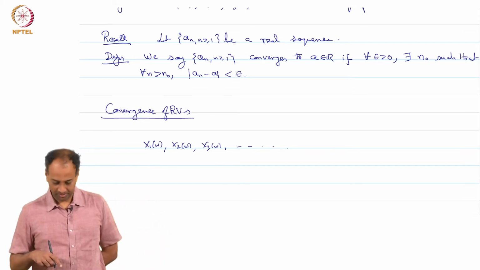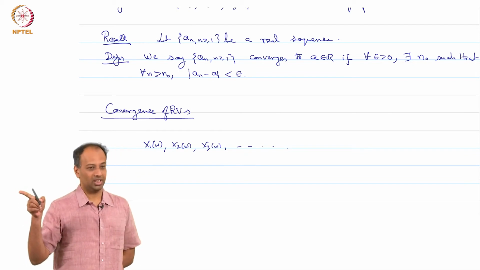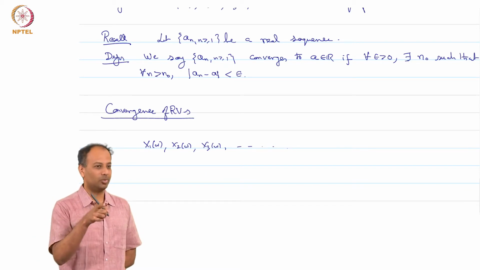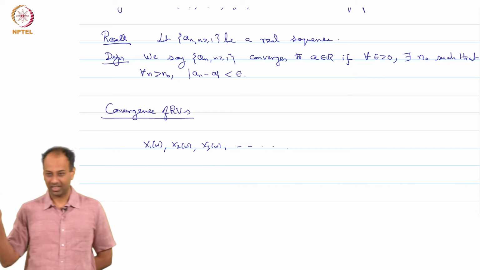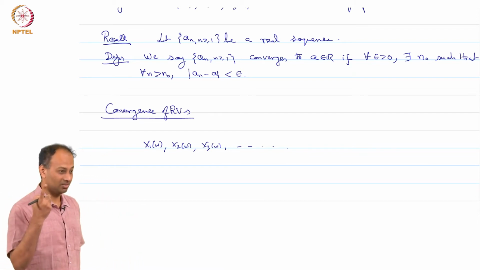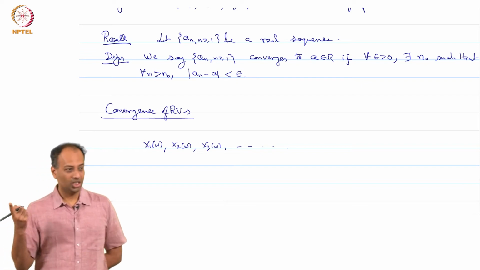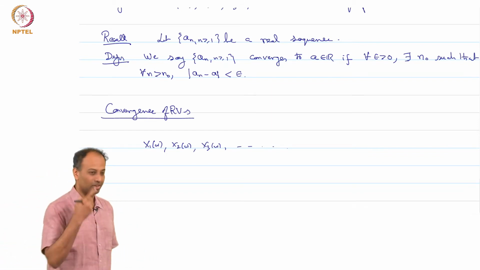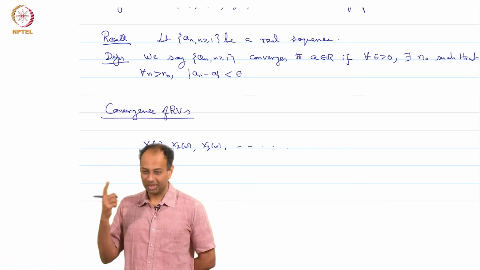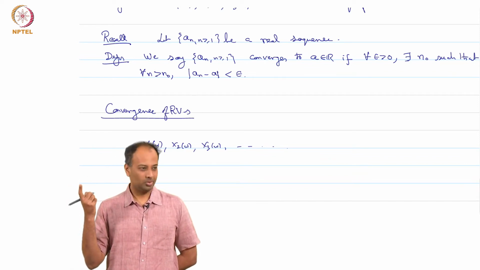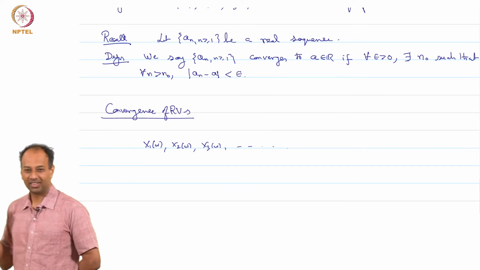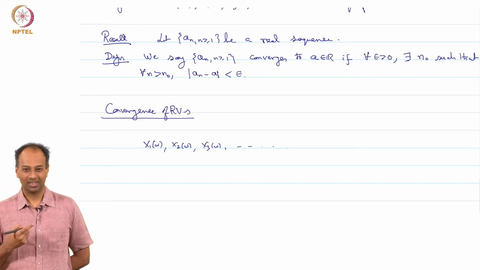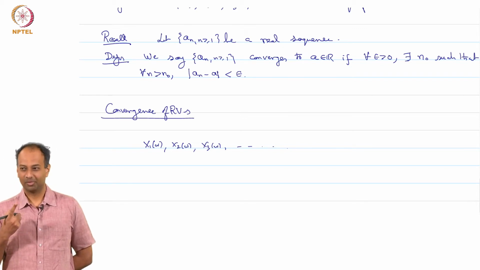Now, the problem is that if at all it converges to anything, the limit will depend on omega, right. So, for different values of little omega, it may not even converge, of course. The sequence may not even converge, but suppose it does converge to something, what it converges to will depend on little omega. So, for each little omega you get a different limit if at all the limit exists. So, the limit is also a function of omega. It is certainly a function of omega, whether it is a random variable is not obvious, because you have to have one more property.